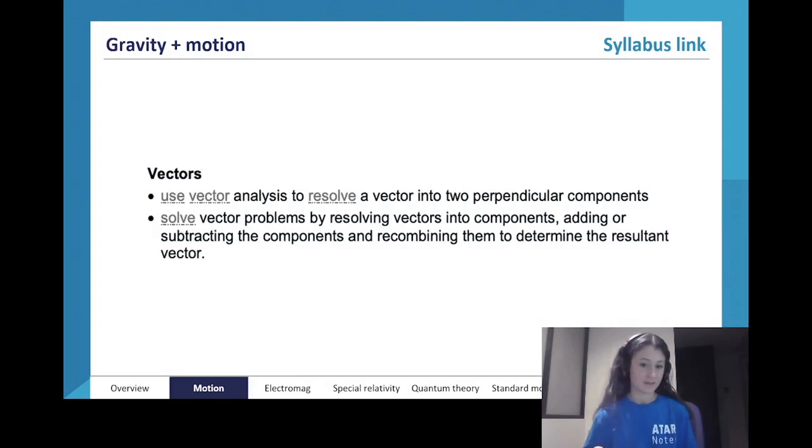Which is vectors. So we need to use vector analysis to resolve a vector into two perpendicular components. And then we need to solve vector problems by resolving vectors into components, adding or subtracting the components and recombining them to determine the resultant vector. So we're going to go over how to do these steps now, but something you should keep in mind if